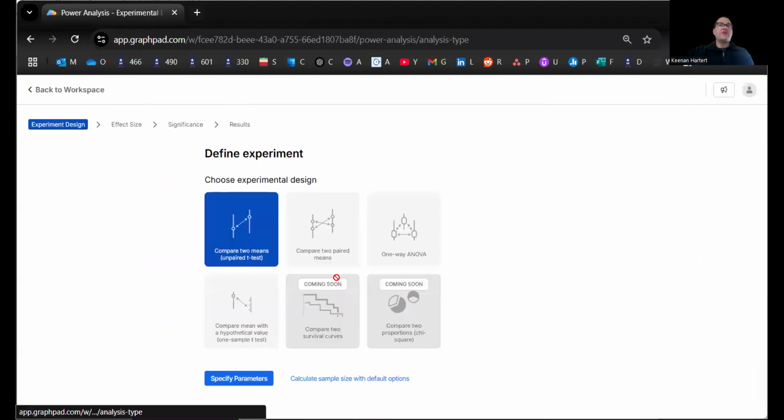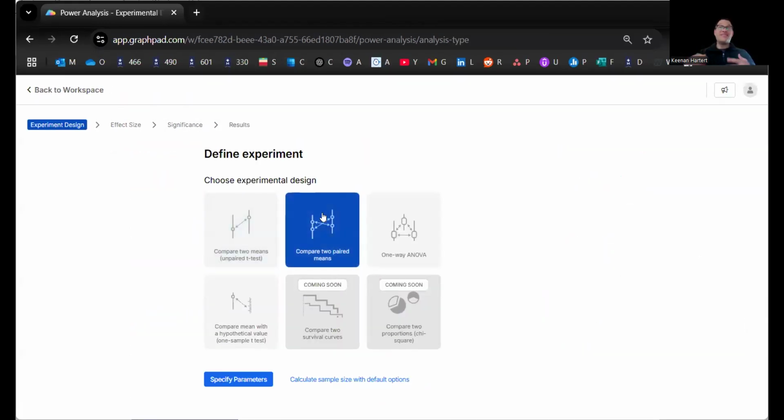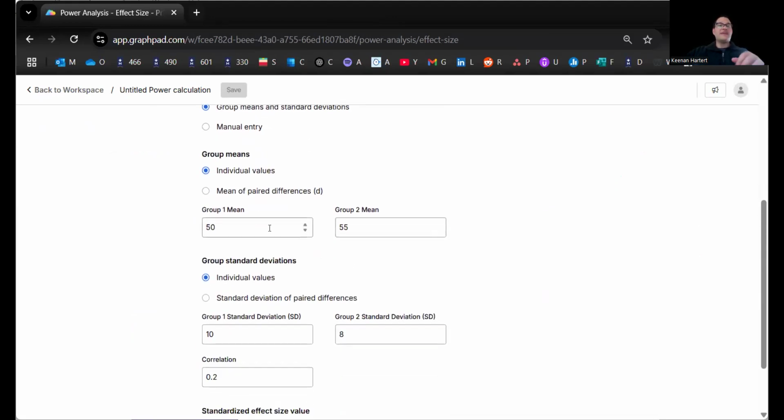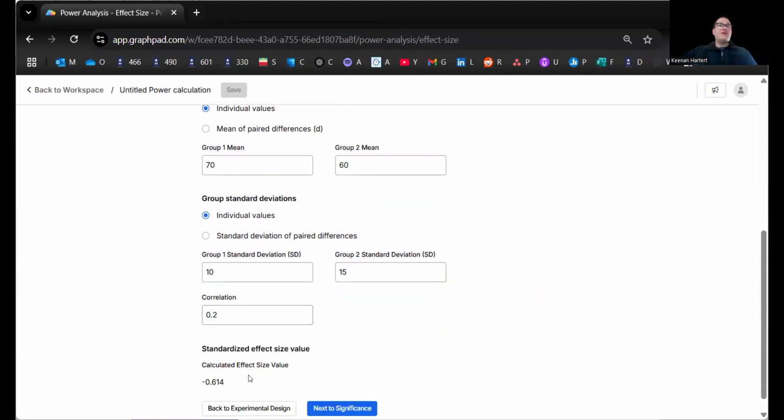So over here, you can also run paired t-tests. Take a look here. The only key difference that's going to happen is, let's say again, I do my 70 versus my people that maybe are not going to do well. And now I'm doing a paired test, like a before and after, or on different tests. And again, if I keep this here and that there, the only main difference now is that I'm saying I would guess that most people keep the same exam score in this case. So I'm going to make this pretty high right here. And you can see that the expected effect value went up, or at least got bigger in that negative direction,